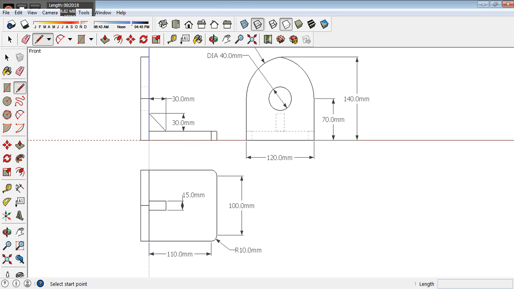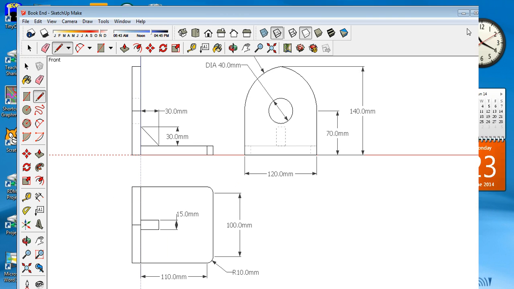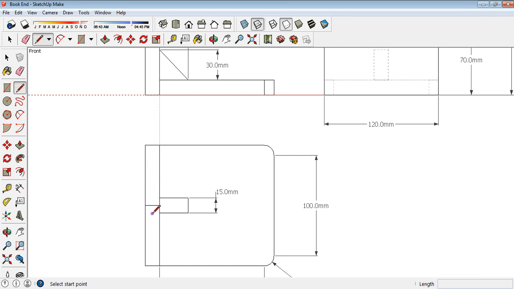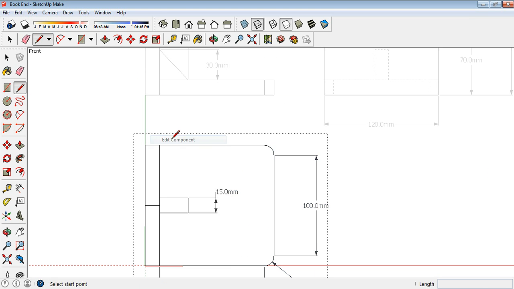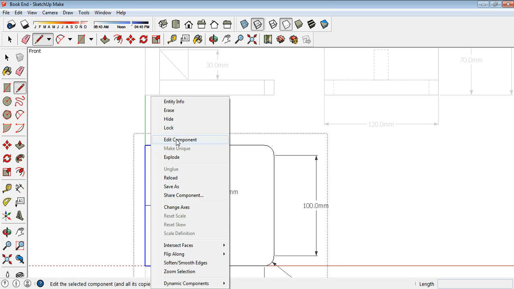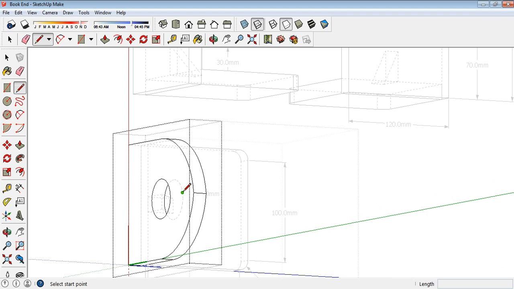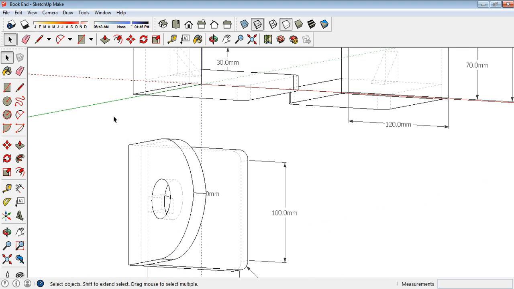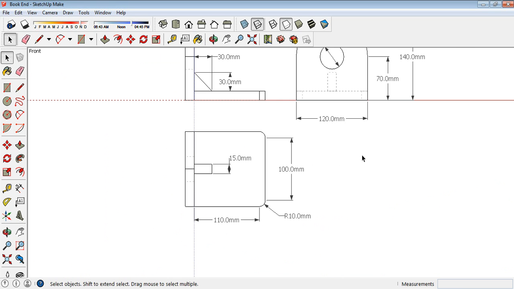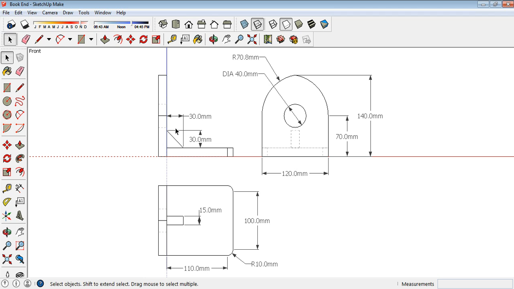Coming back, we edit this component again. Similarly for the circle, hidden detail, zoom extend, we have all the hidden lines given in the whole drawing,